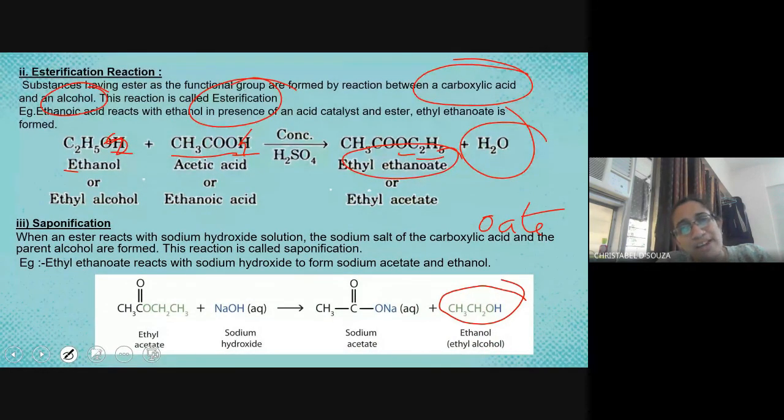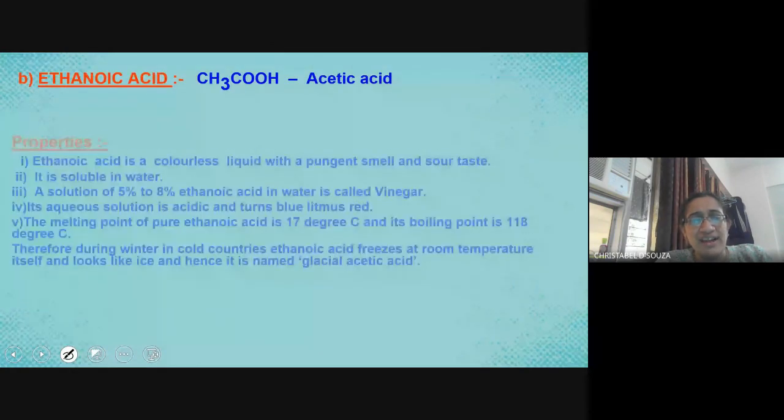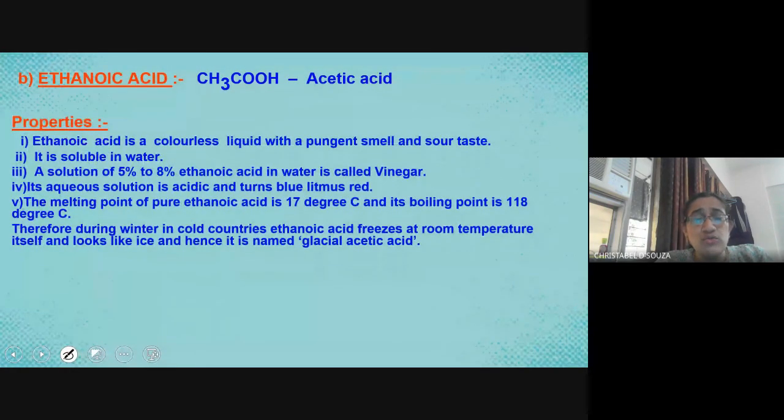What are the uses of ethanoic acid? Acetic acid is used to make vinegar. We've already said it before, right? There's nothing else which they have specified. So it is used, 4%, 5 to 8% ethanoic acid in water is